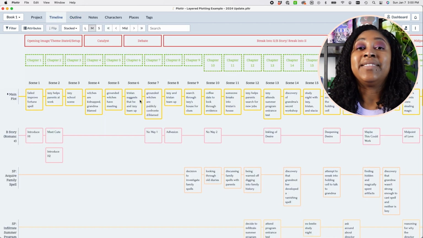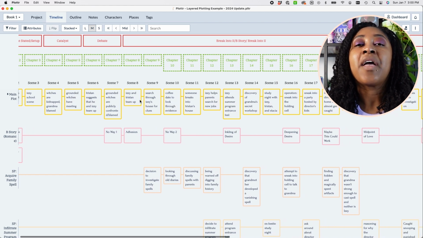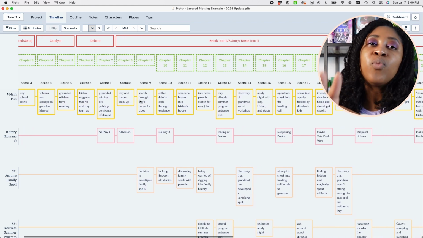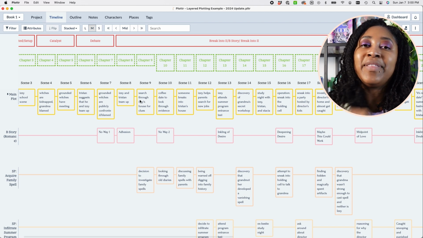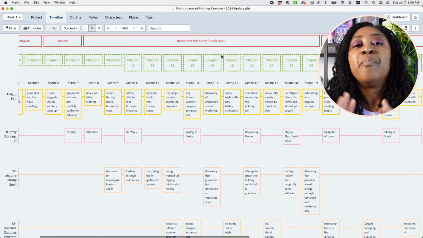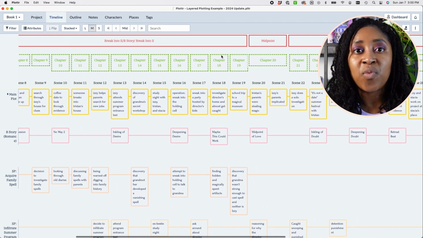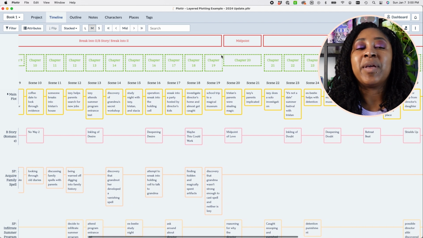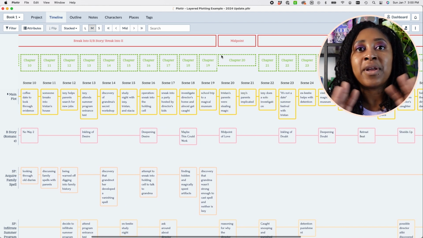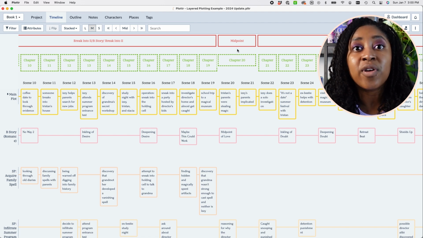The next big one is the ability to use a hierarchical organizational structure. This has been really huge for me. When this feature first came out, I admit that it was not great. It was not working great, and so I wasn't using it, but I feel like a lot of things have been ironed out now, and so now it works really, really well, which has been great for me because I have been able to organize the same way that I organize things in Scrivener.